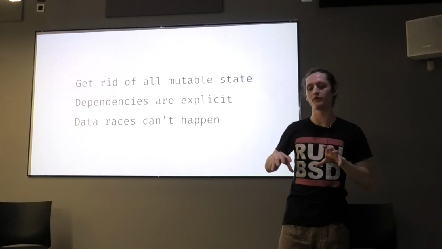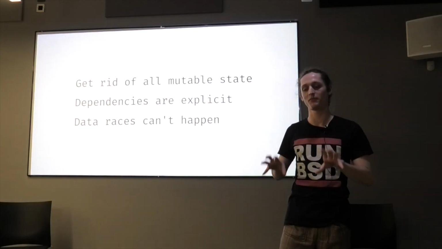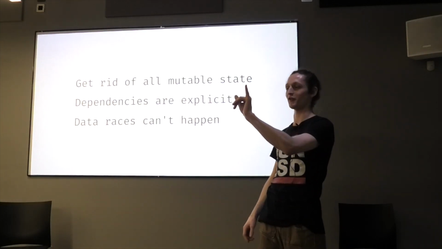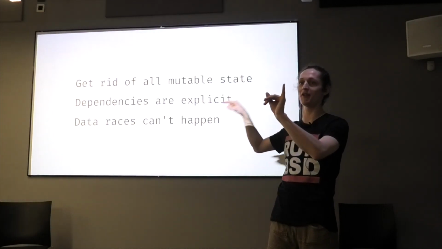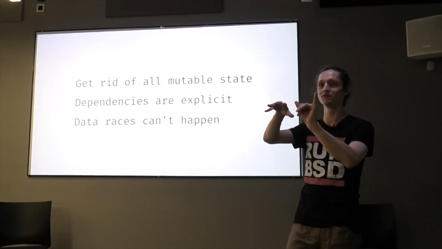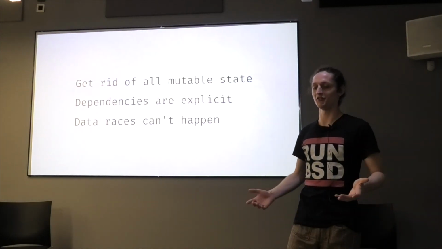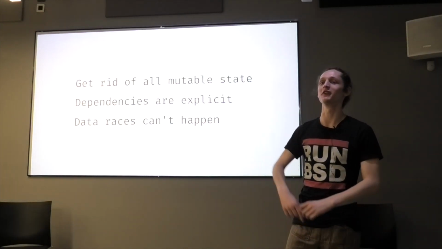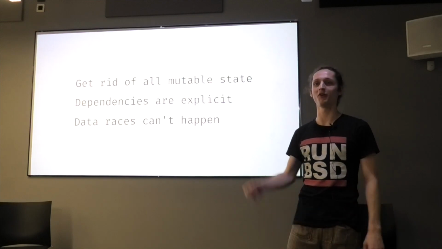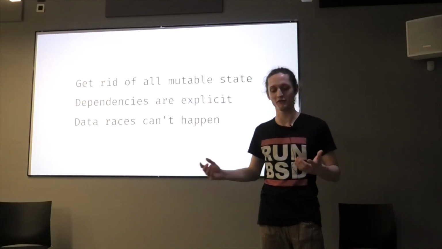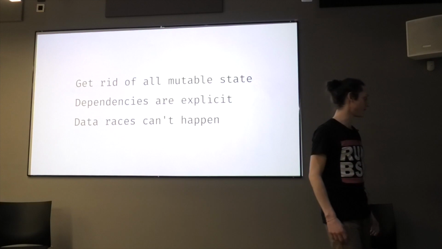You make all of those assumptions completely explicit in your code because you have the function and you have the things it depends on being passed into it directly. You can just see it right there, and you don't need to read thousands of lines of code to be sure, oh, I can change this thing and it won't create some terrible catastrophe.